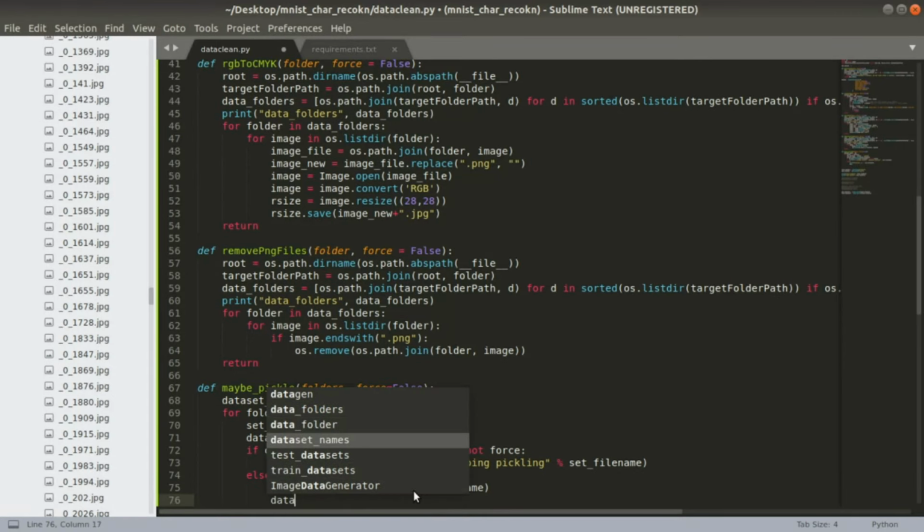For that, we need to create a load underscore letters function.